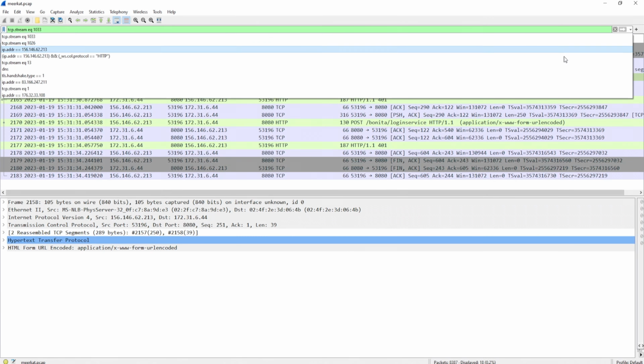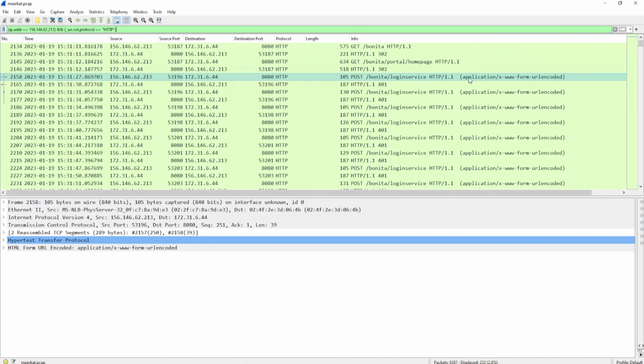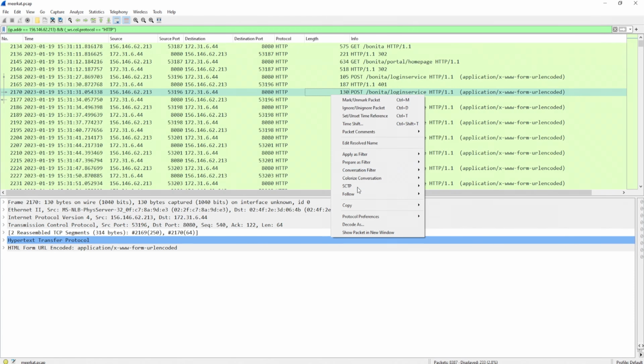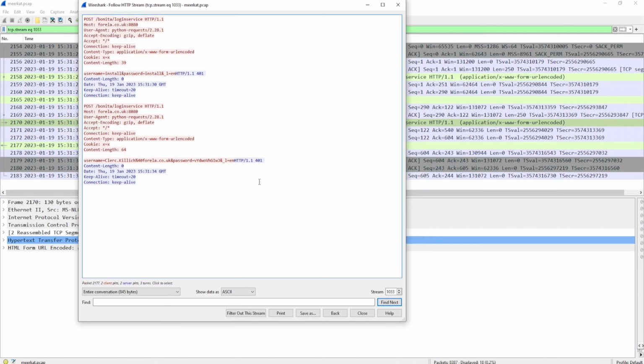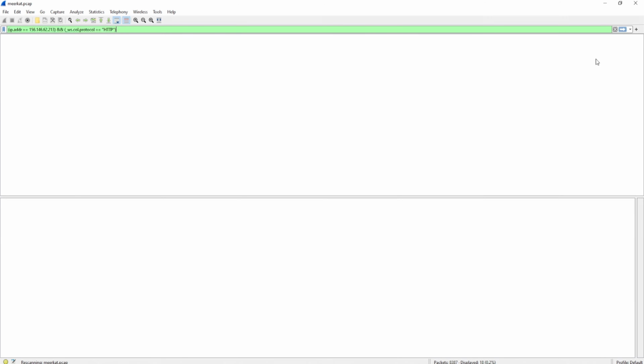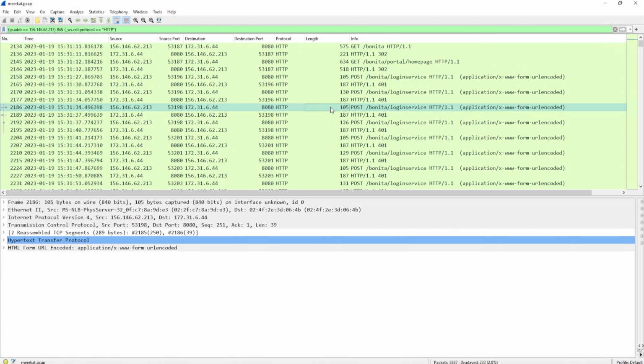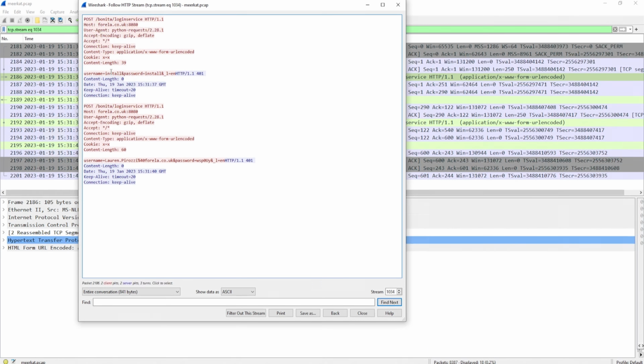I'll click on the dropdown again and filter for HTTP. Let's take a look at the second POST request and follow HTTP stream. And that is the same thing. That is the clerk.killick one. So what about the third one, which is this one right here? Follow HTTP stream. And we still get an install, but there's a different user. So what this tells me is that it's not particularly a brute force per se, but it's actually a credential